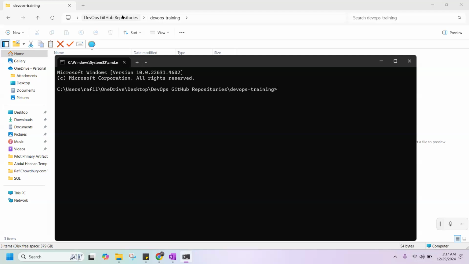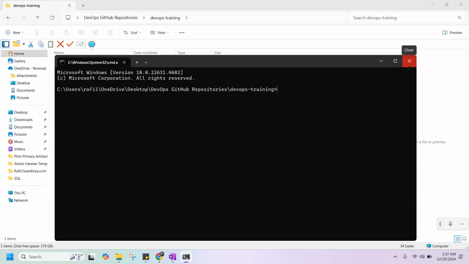So I have to close all this out? No, you don't need to close it out. Currently we have opened this DevOps training repository in my command prompt. Now I want to open this in the Visual Studio Code editor. You can use a command to open this particular DevOps training repository in the Visual Studio Code editor by using the command code space dot and pressing enter.